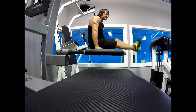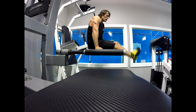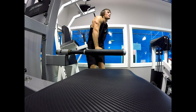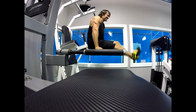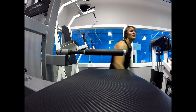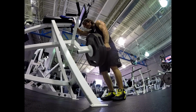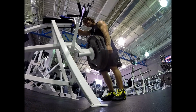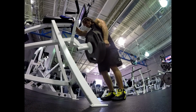So try that also, and I do 10 reps, 5 reps, 5 reps, 5 reps with that, and then wood chops I do usually around 20 reps the first set, and then I'll do 15 every other set. So I do that in between with a single arm shrug, and doing these back to back keeps your metabolic rate up. You're burning a lot of calories,